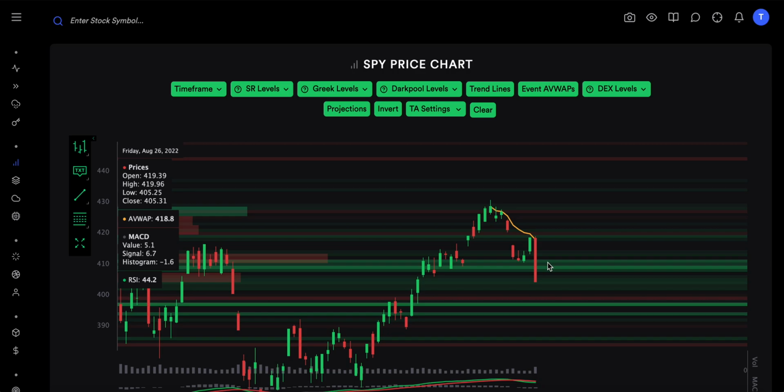Customers have opened bearish positions at these green bars, and the brighter the green bar is, the more bearish were the customers, because these are positions for dealers, not for customers. All the gamma exposure and all these exposures we are looking at, these are positions for dealers. If dealers are long deltas, then customers are short deltas. And you can see customers were short deltas all the way from 420, probably not around 418 or 419, but once we crossed this 416, 415 level,